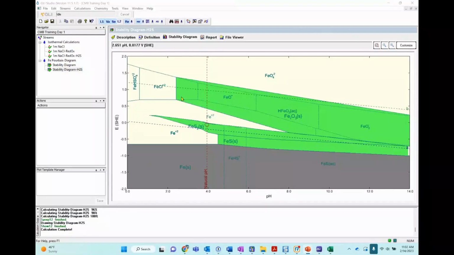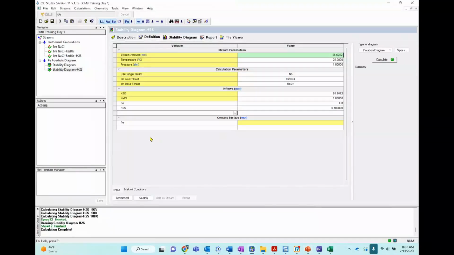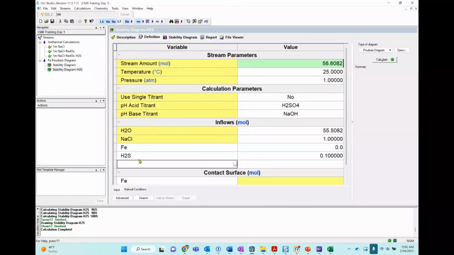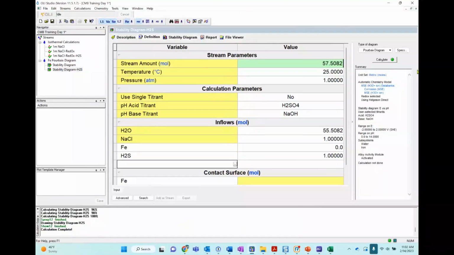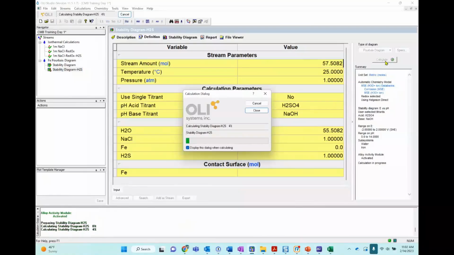Because at the end of the day, if you are seeing it from a corrosion point of view, you want to have a protective layer, you want to minimize corrosion, etc. So at the beginning, I said, okay, yeah, you can study components, activities, etc. What happens if we increase the ppms or the moles of this H2S? What if we just increase it by 10 times, right? And then you start seeing the effect of the concentration of those species on the formation of passive layers.